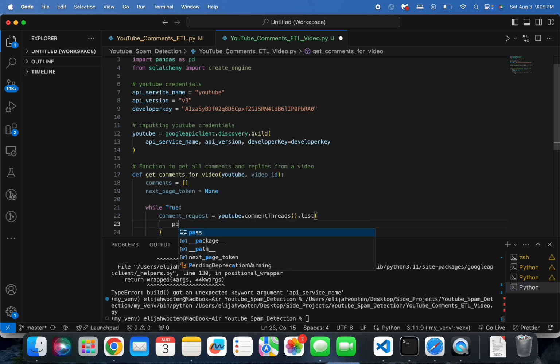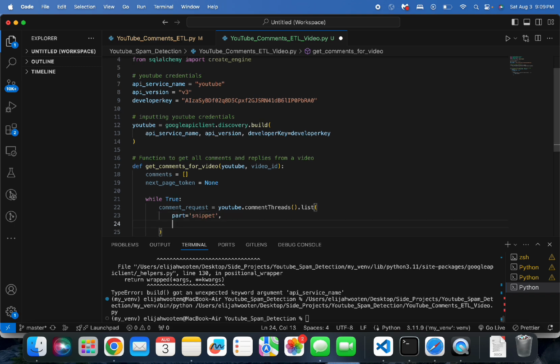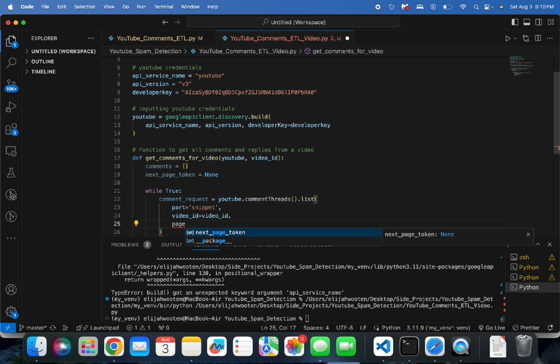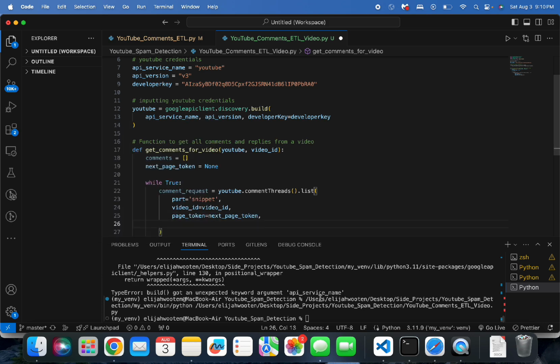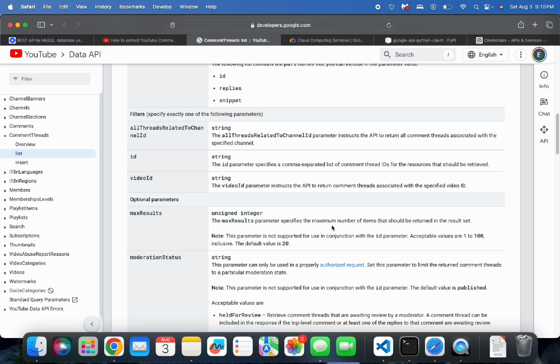And then we can say part equal to snippet, video ID equal to the video ID that will be inputted as a parameter, page token equal to next page token, the text format here,